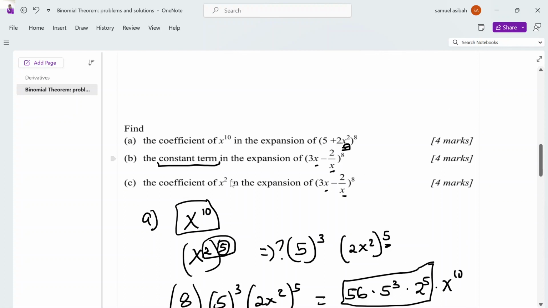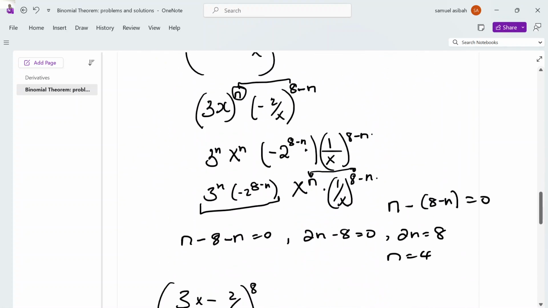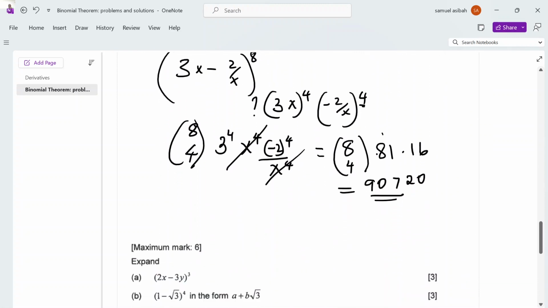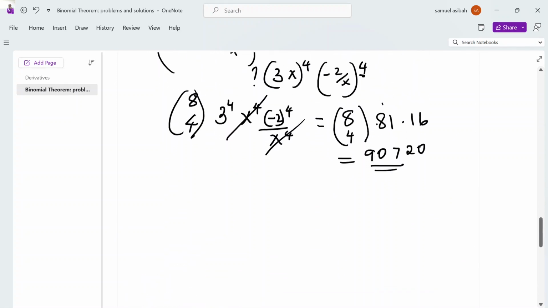So there are ways, but alternatively, somebody can just expand until the x cancels out. You can still expand until the x cancels out. Now, because of the issue of time, you can easily use this shortcut by finding the value of n first and then applying it in the question. Okay. Finally, in that part, we have